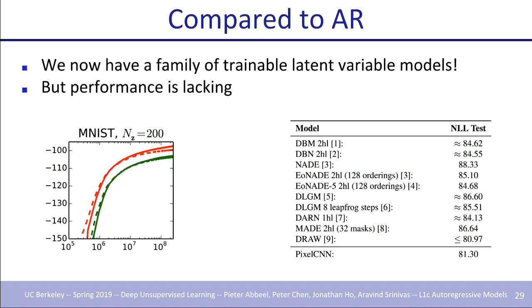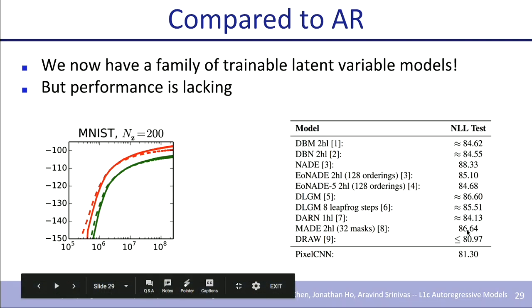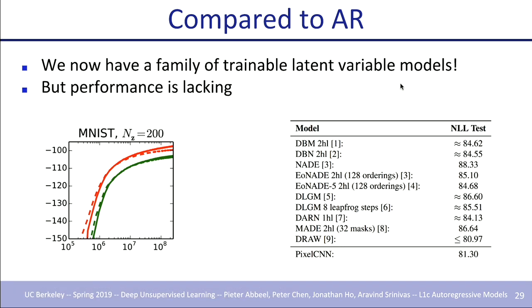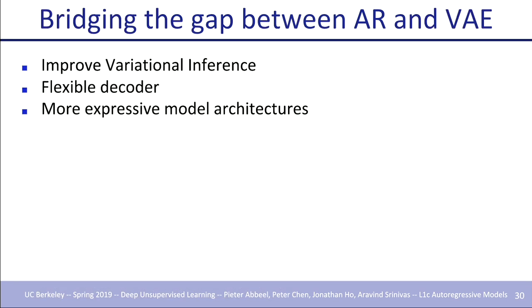And in terms of log likelihood performance, we've already seen autoregressive models. The log likelihood of this model is pretty old, like it's kind of 5 years old by now. So it's pretty far away from the negative log likelihood of, say, the model that you guys implemented, PixelCNN. So obviously the performance is lacking compared to powerful expressive autoregressive models. So that means we need to bridge this gap between